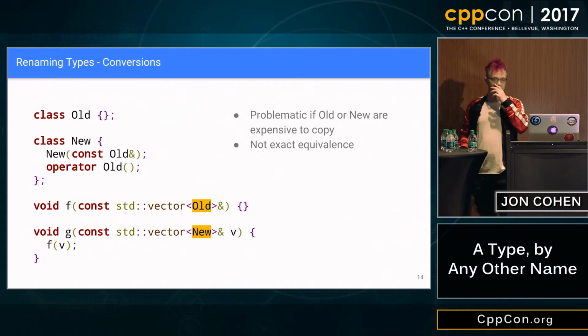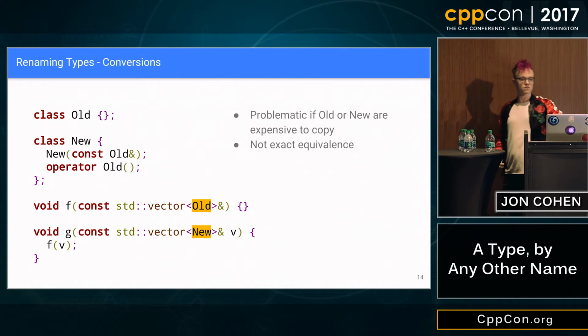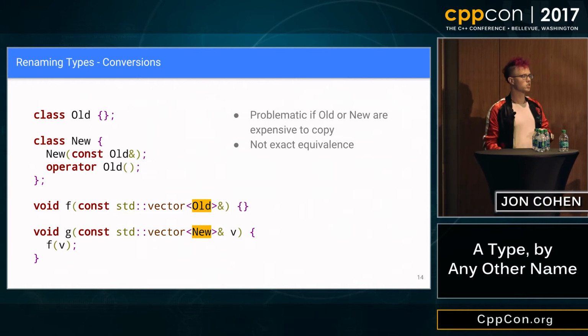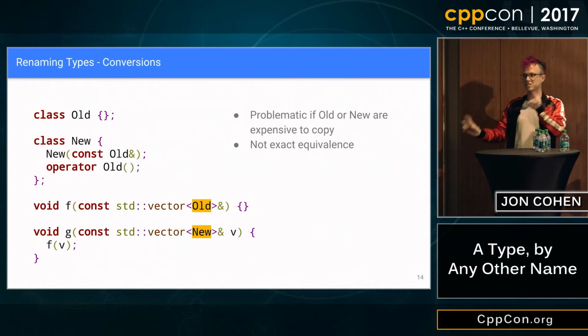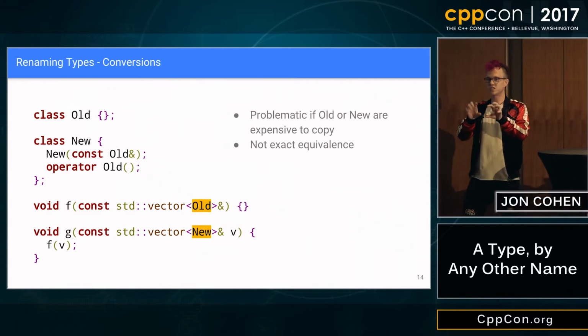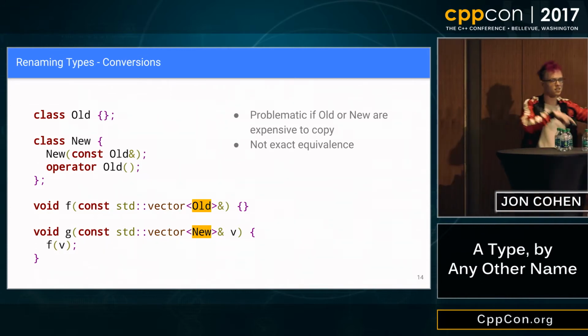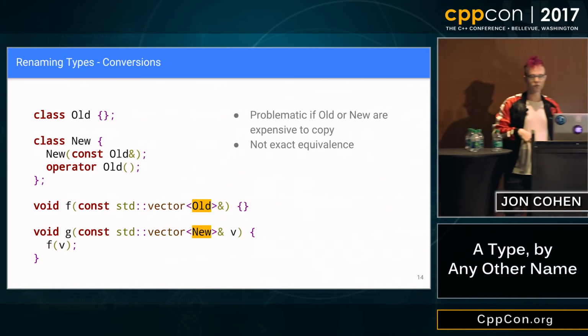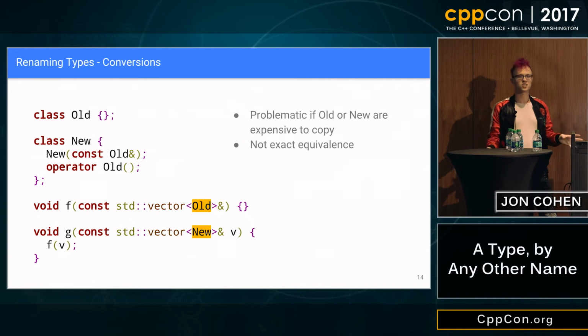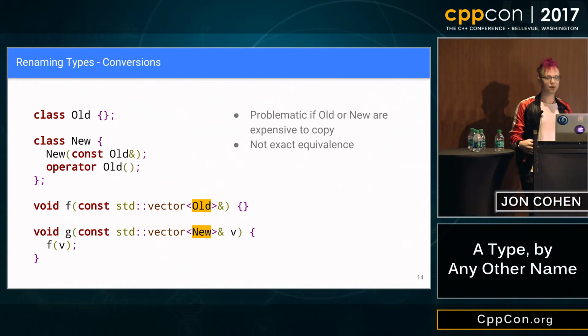This code is problematic. You can't just migrate G to use vector new, because even though old and new convert to each other, we don't have that kind of covariance relationship where vector old and vector new convert. So you'd have to copy all the news to old, pass them in, do all your stuff, and then copy them back to news when you're returning them, or if you're doing something else with them, and you just have all of these spurious copies everywhere, and it's just a big pain. It's a giant pain. It's not what you want.